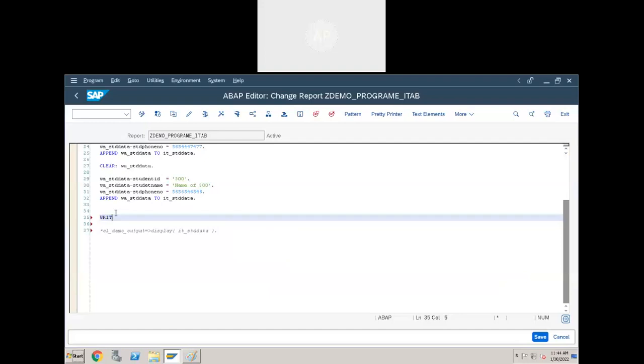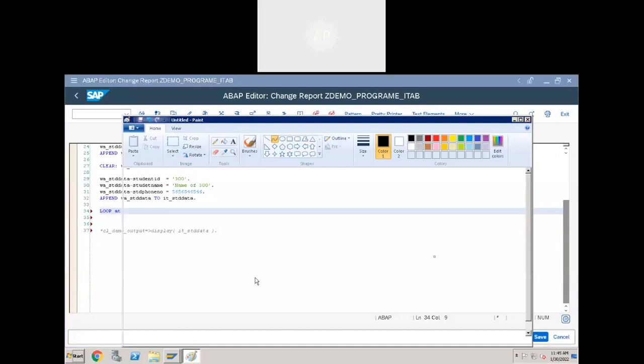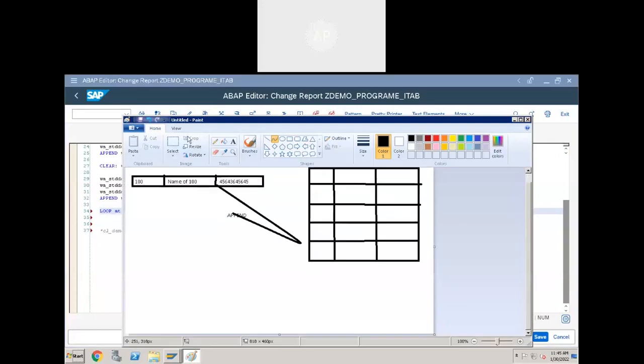Okay. For that, what we need to do? We need to write loop statement. What is loop statement? Loop is used to transfer internal table records into work area.